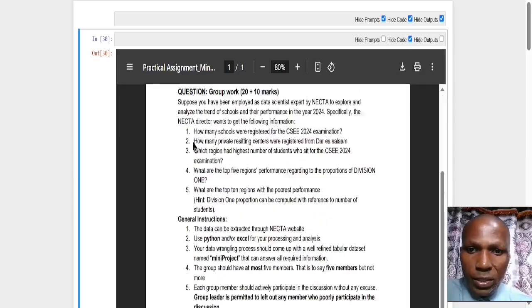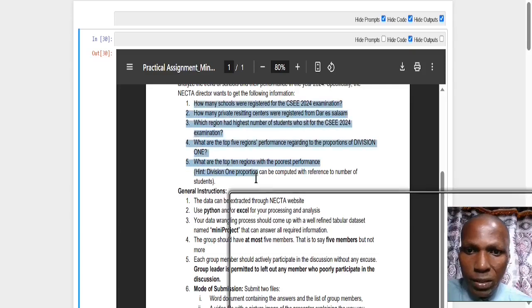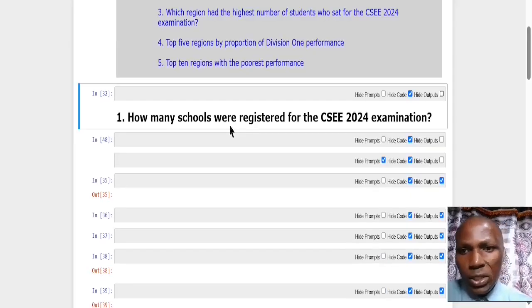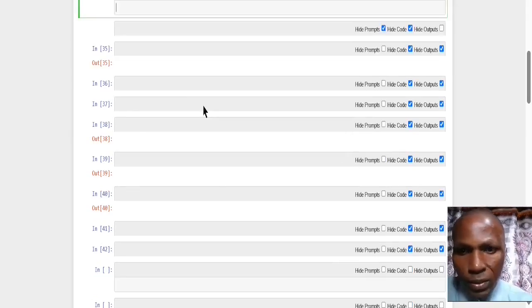So the first question, we are having 5 questions. It says, how many schools were registered for the CSEE 24 examination? To answer this question, I'm going to use the Pandas library. The Pandas library is enough to do this question, to give us the count of schools which were registered for the CSEE 2024 examination. So let me import Pandas